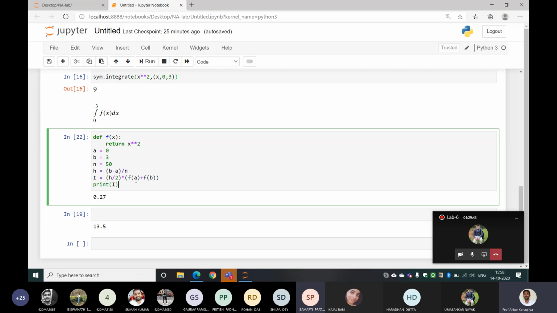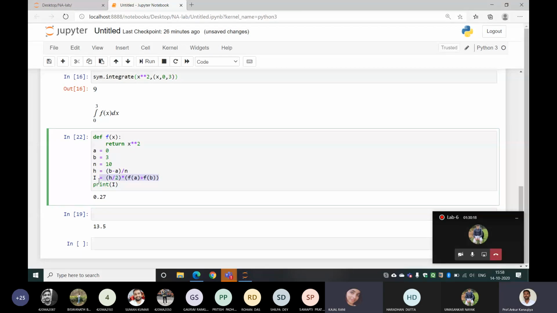See, the trapezoidal rule formula says that if you have the interval AB, this A and B is not a limit, and you want to integrate a function in that interval, then it will be the endpoint sum multiplied by h by 2. So now I will divide the interval into 10 equal parts. That whole interval 0 to 3 will be divided into 10 equal parts, so each interval length will be h. Is it correct?